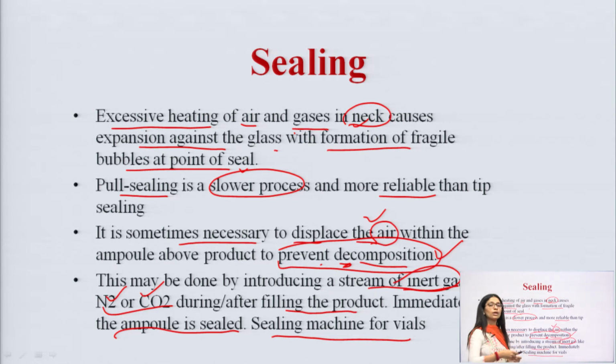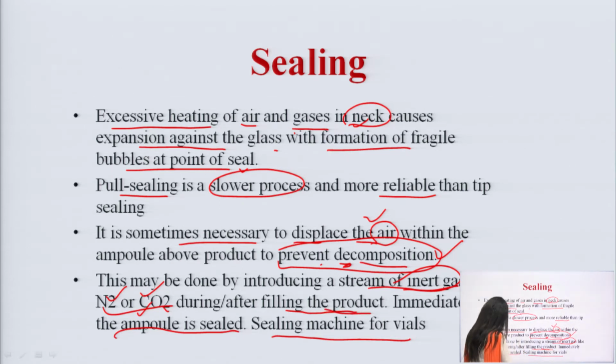What are the inert gases? Such as nitrogen or carbon dioxide. Why are we using inert gas? Because inert means it cannot affect the product. We do not want our product to get deteriorated by any kind of gases provided inside it, right. So we have to make sure that the stream of gases we are passing is completely inert, and this gas is usually used for removing the air from the product.